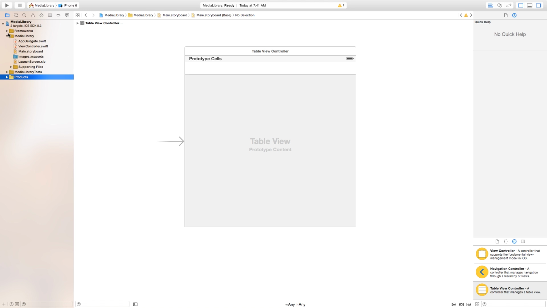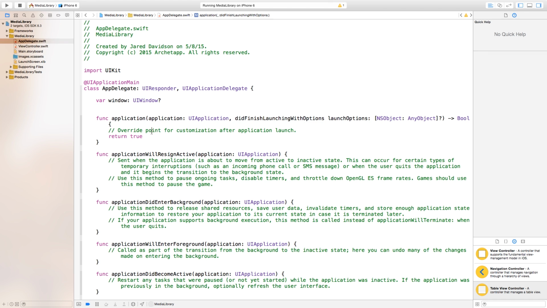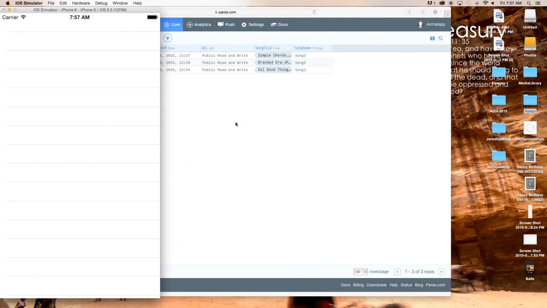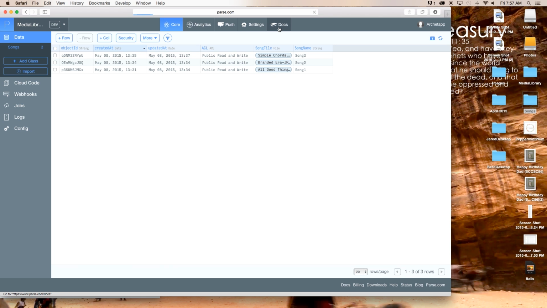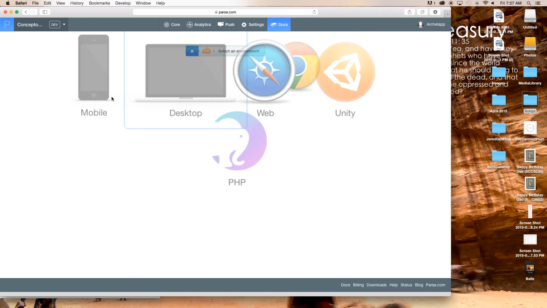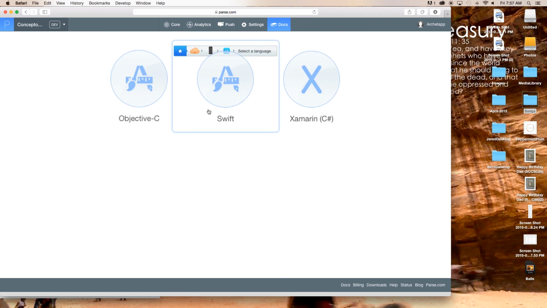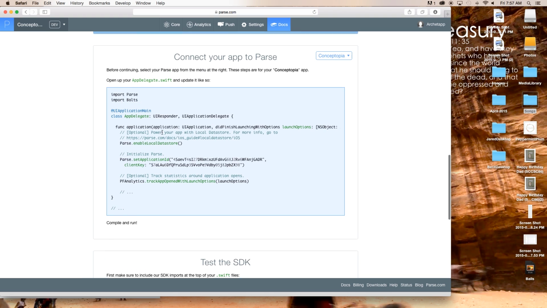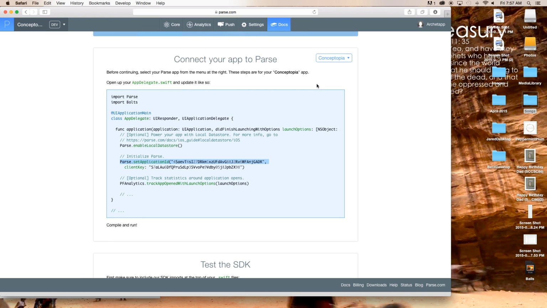Now it's a bit cleaner and we can work with things a bit better. Now we need to head over to our AppDelegate.swift, and inside of our AppDelegate.swift, we're going to say didFinishLaunchingWithOptions. We need to go back here to our documents. And inside of our documents, we want to launch the quick start again, go to data, mobile, iOS, Swift, existing